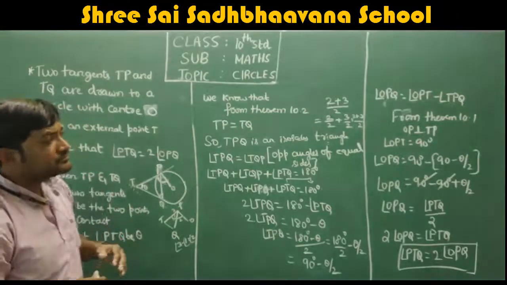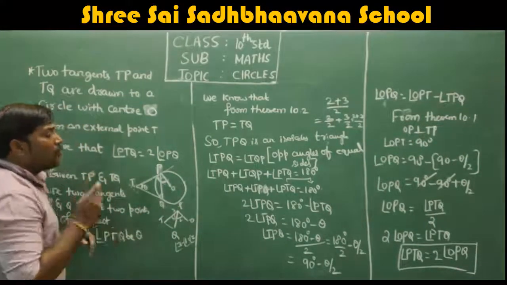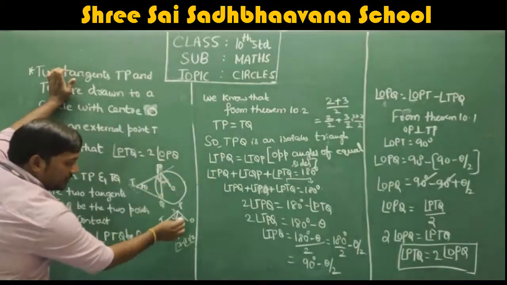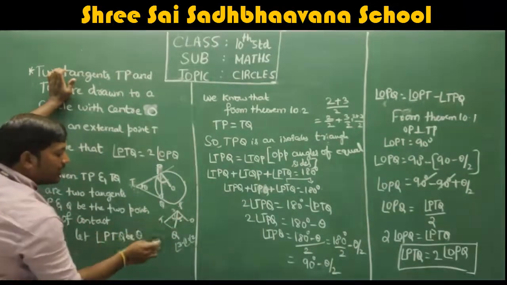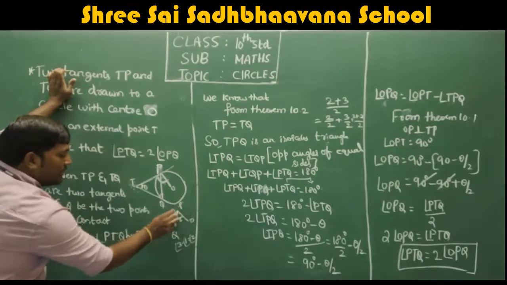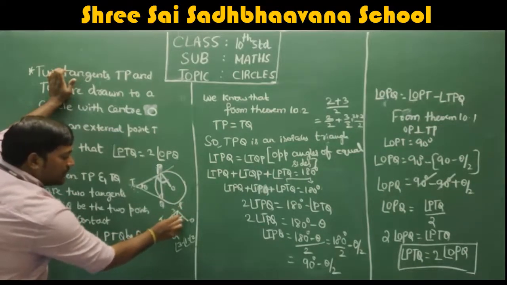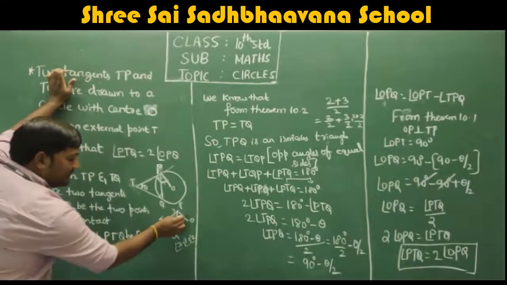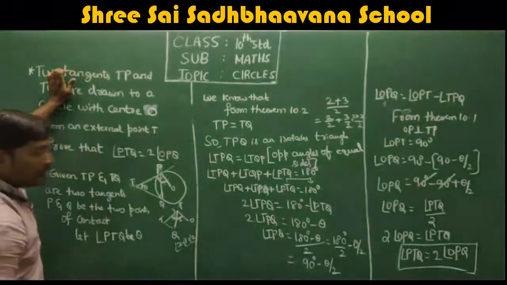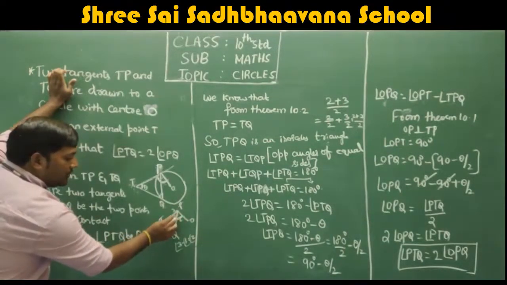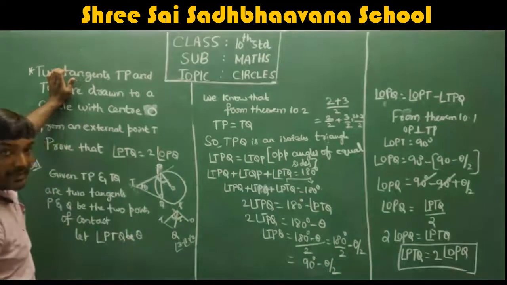After that, we need angle OPQ. It means angle OPQ is this angle we need. To get this angle, I will just take the total angle, which is this OPT. We don't know how much it is, but we will use the theorem for that. So from this total angle, if I subtract this portion, will I get this portion? That angle we will get.